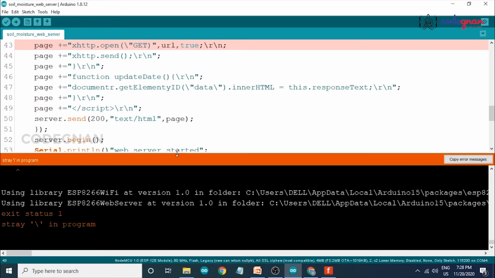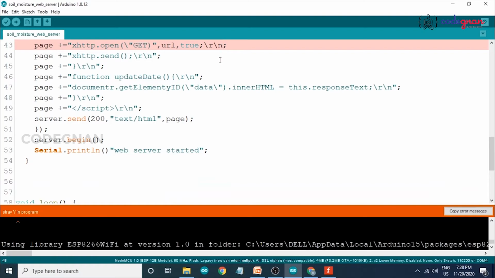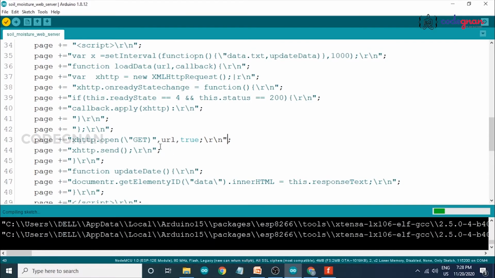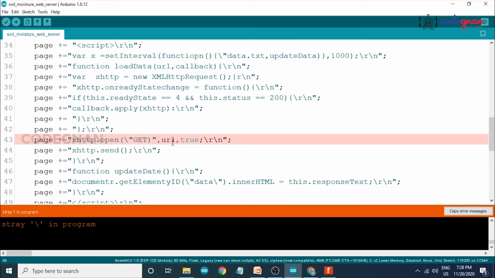It gives some error here. I forgot to put that in. Now let's check it again. Okay, I failed, so I write it here again.